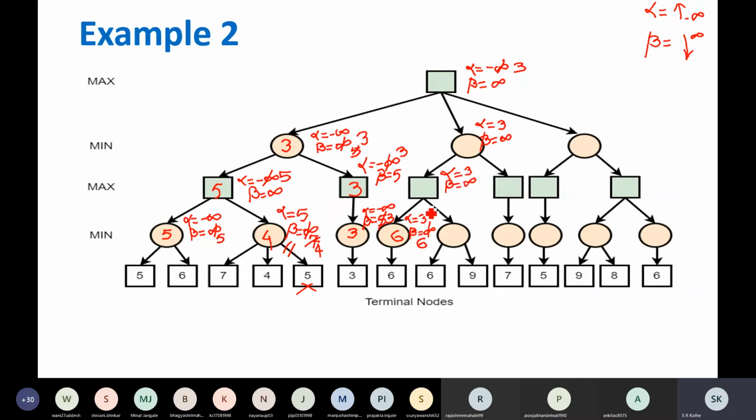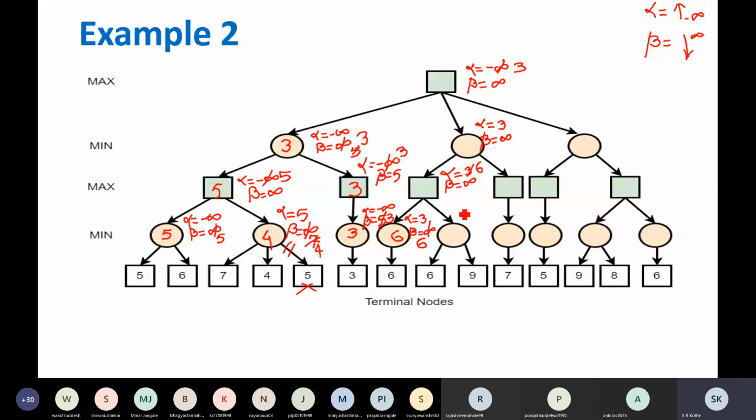Alpha is 3. It is getting 6 from this. So what will happen? Alpha value will change. 6 is better than 3. So value of alpha will be 6. Shall I write 6 here? No, sir. Because we don't know what we are getting from this side right now.